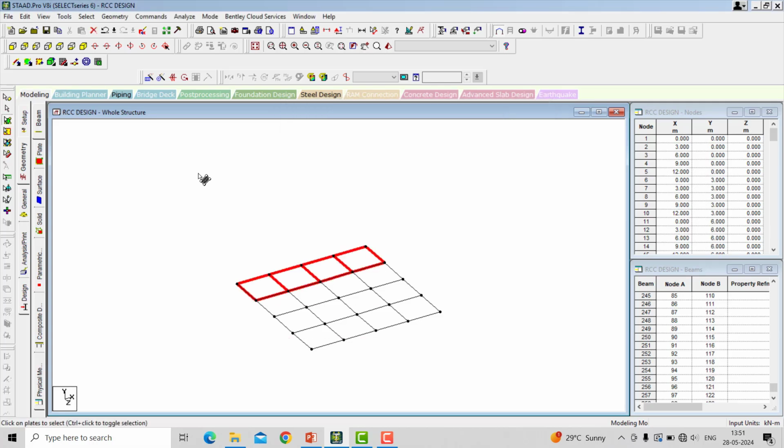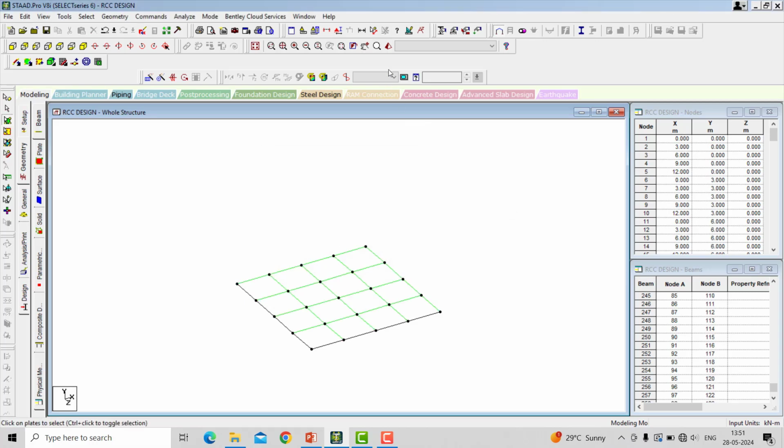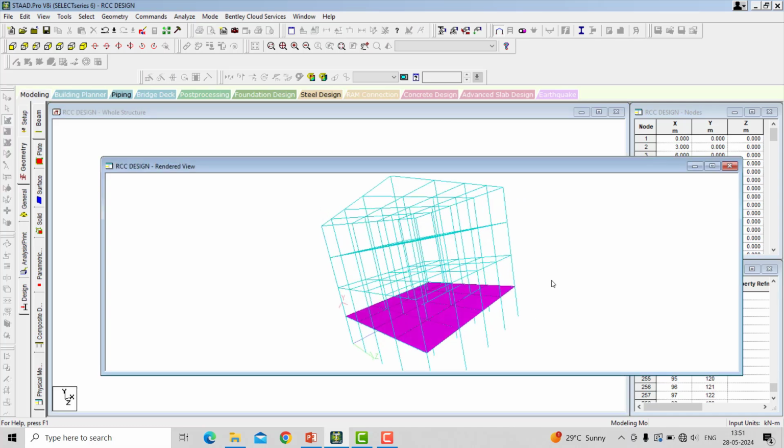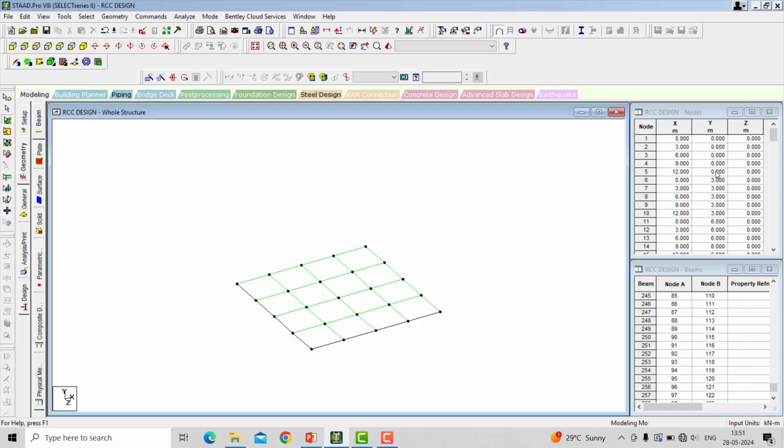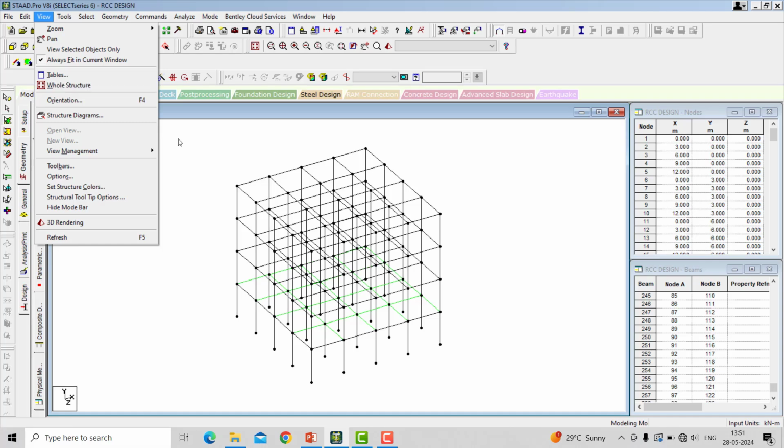Again I select this one. Translation repeat about that direction, 1, 2, 3 steps. Spacing is 3 meter and OK. So once you are done with the first floor of the slab, now what I do is click on the shortcut, that is display whole structure, or else you can go to view and then say whole structure.